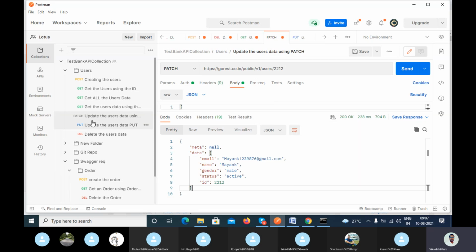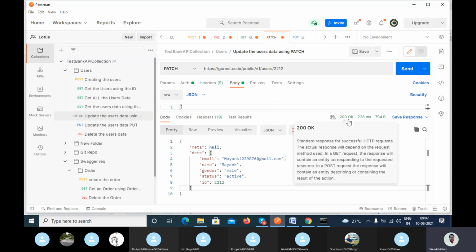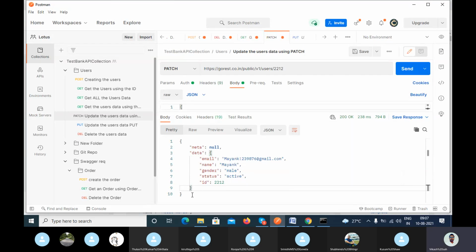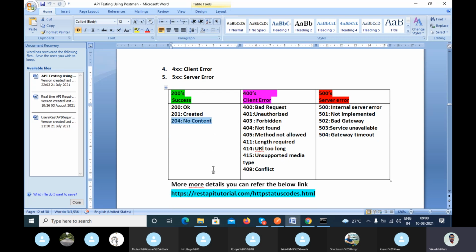In the case of PATCH and PUT, 99% you will get 200 OK. There is rarely a 1 or 2% chance you will get 204 no content, whenever the client does not want to print anything in the response. Clear? Now this is all about the 200 success.